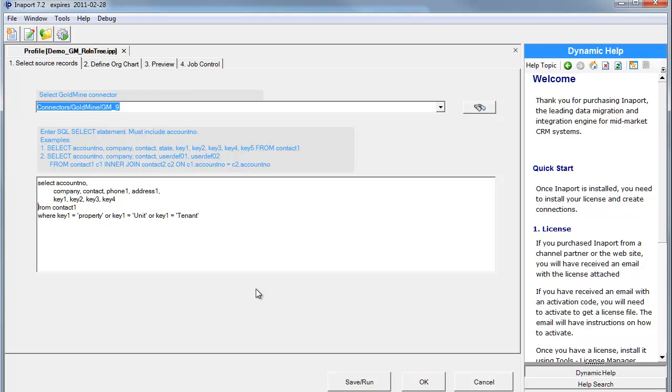We can actually build any SQL statement that joins together any set of tables inside GoldMine. So we can, for example, build relationship trees based on detail records or history records. And finally, we're saying where key 1 is property, unit, or tenant. So we're restricting the set of records that we want to pull out of GoldMine for the purposes of